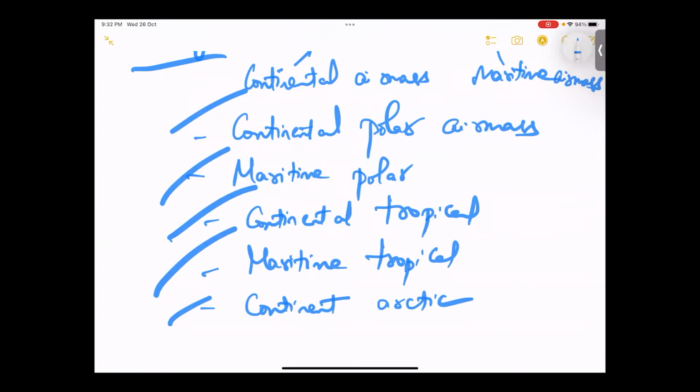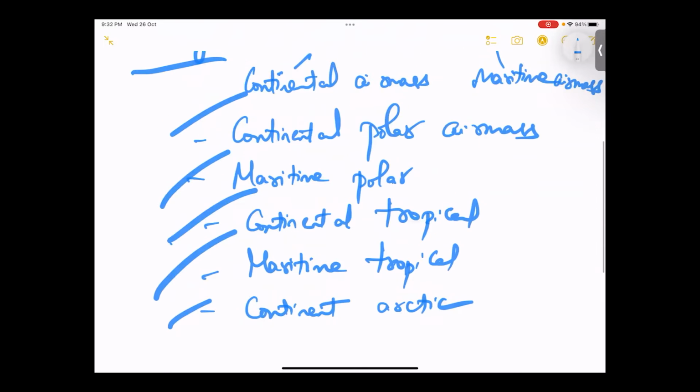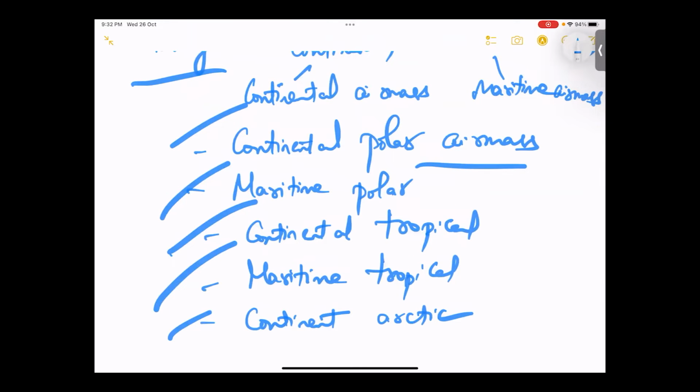If you can write 2 or 3 lines about each and every air mass, it is really good. But in this question, even if you don't write these categorizations, you will still not be looked down upon by the examiner, because they are mainly focusing on the concept of air mass. But if you want, you can write, for example, the continental polar air mass. It is basically in the polar region such as Siberia.